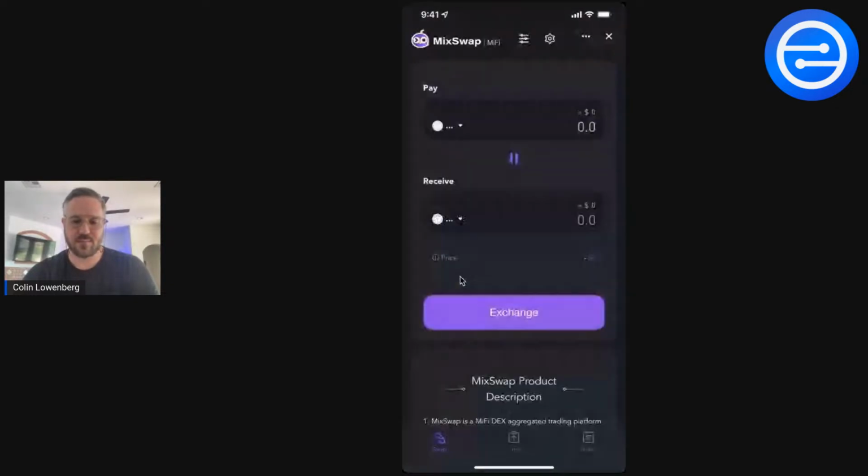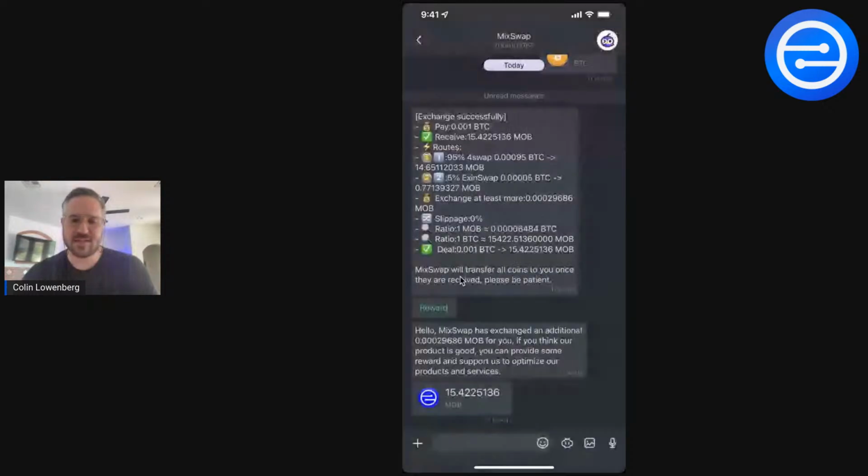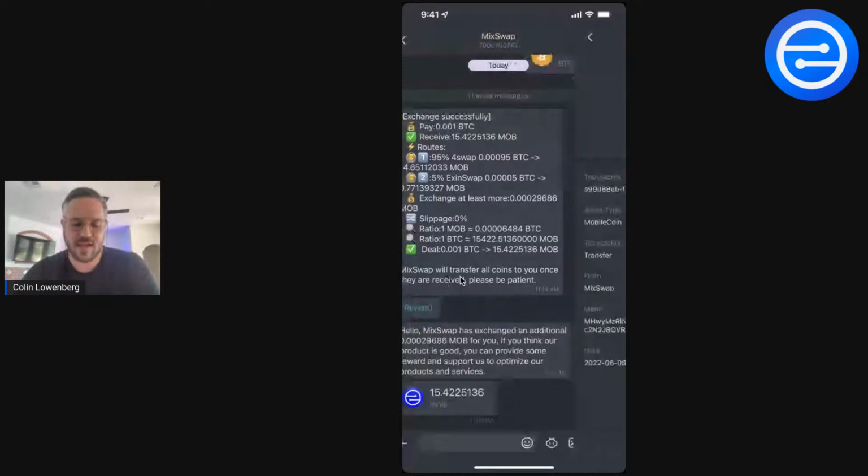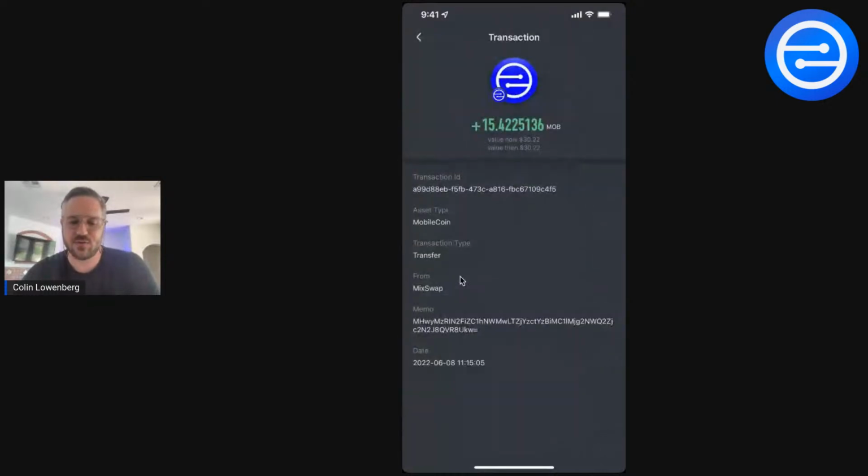Okay, so in that same chat with MixSwap, you can see the result of the exchange. It says MixSwap exchanged a little bit extra MOB for me. That's really nice. I actually received a little bit more MOB than I had expected when I hit exchange. So now I've got more MOB in my wallet and less BTC in my wallet. I've just swapped my Bitcoin for MobileCoin, and now I have 15 MobileCoin that just got added to